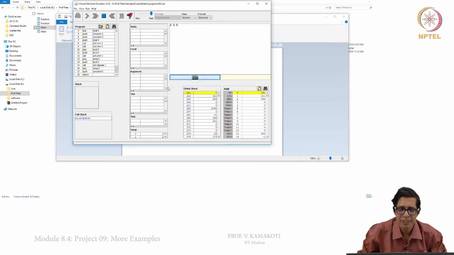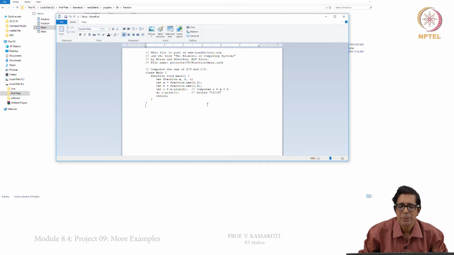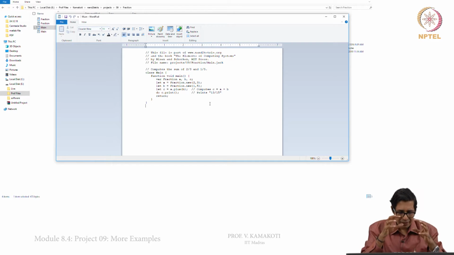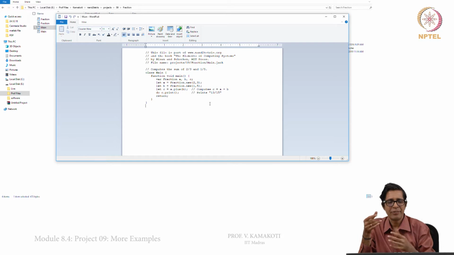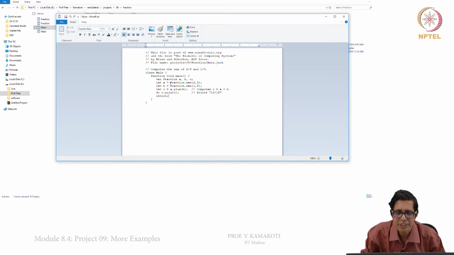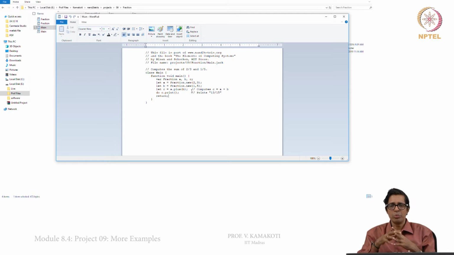There is not much that we are programming, we are just executing and seeing on the VM emulation, but this will basically tell the interface between the application programming language and the operating system, right. That is the most important thing. When I say, let us take this fraction as we are seeing here, fraction.new, what happens when fraction.new is executed?